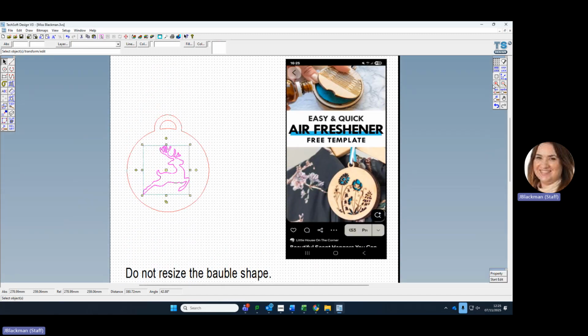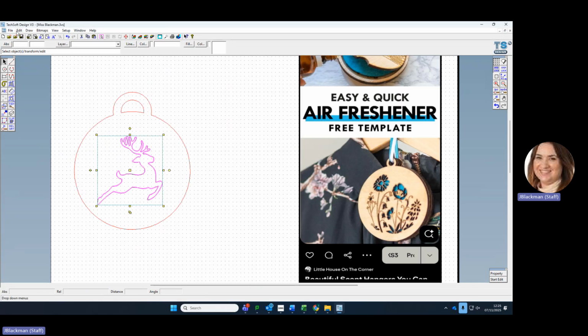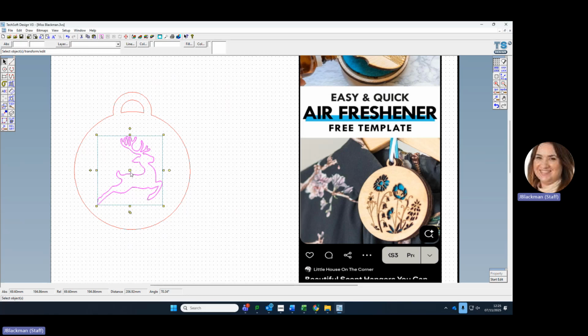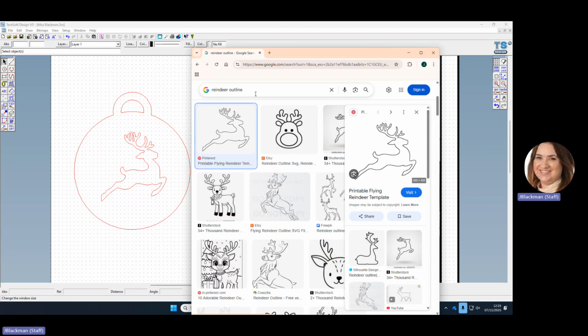You've actually got two lines there, so then you can do something really fun. You can go edit and explode, continue, okay, and then you can just delete one of those lines so that you've got a single cutout. So if, like my example, you'd like some engraved snowflakes or something else,